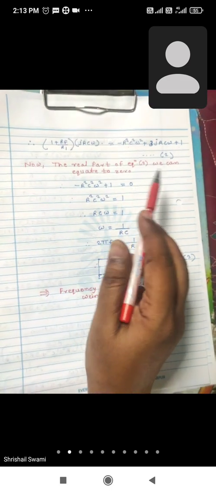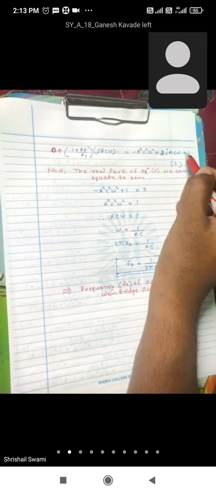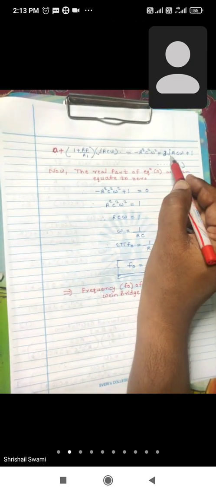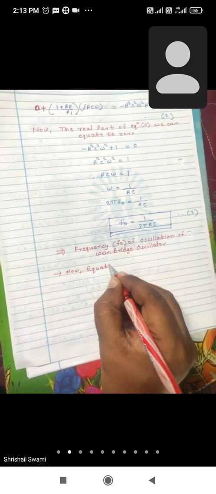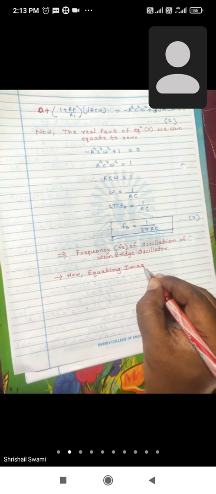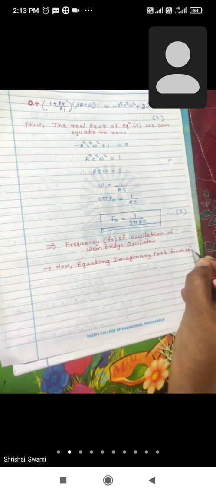Okay, so if you are making the real part equal to 0, then we are getting the frequency of oscillation from this equation number 2. Now what do we do, we equate the imaginary terms. What are the imaginary terms now? Here the real part is 0. Okay, 0 plus this imaginary part is equal to, this is the imaginary part and this is the real part. Then if you compare the real part with it, it is 0. But the imaginary part means this part is the same as this part. Okay, now next one. Now equating imaginary part from equation 2 we get, now the imaginary term means this part as it is remains here.